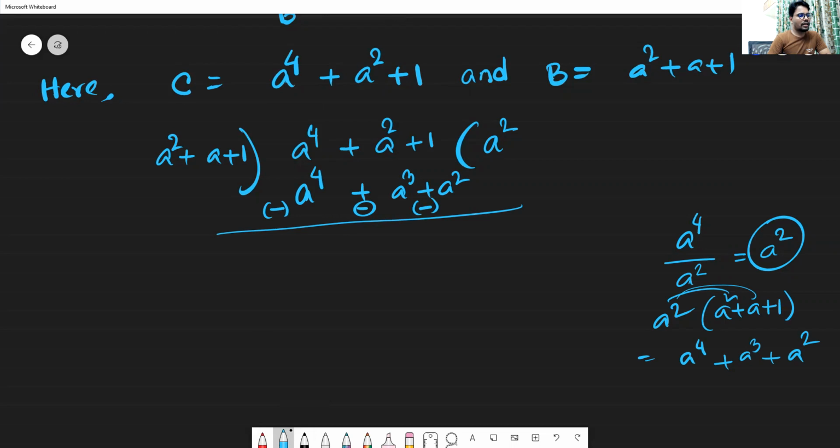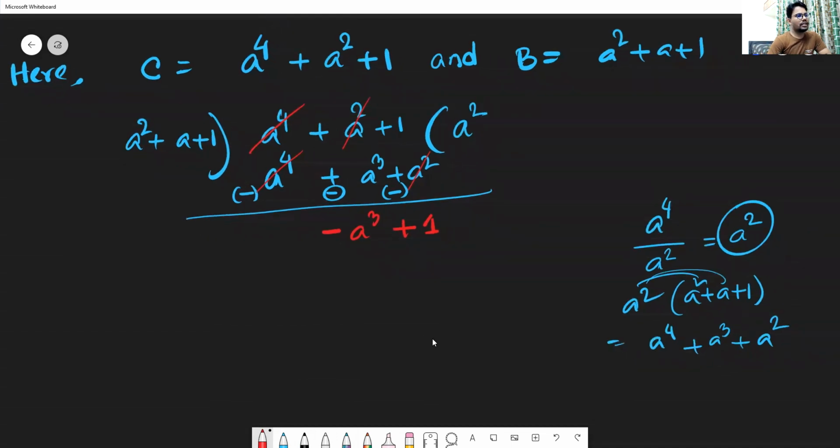So now here we can eliminate equal and opposite ones. This is the negative a cube and positive a square, negative a square also. From the upper side, there is plus a. So now what we see here in the first part, first term minus a cube. So now this is minus a cube divided by a